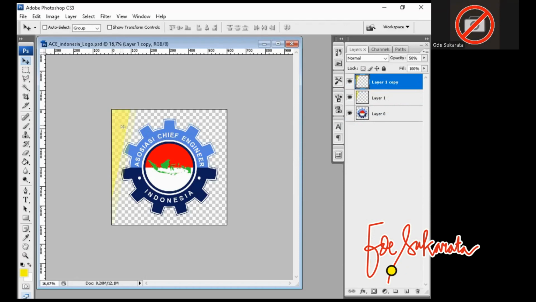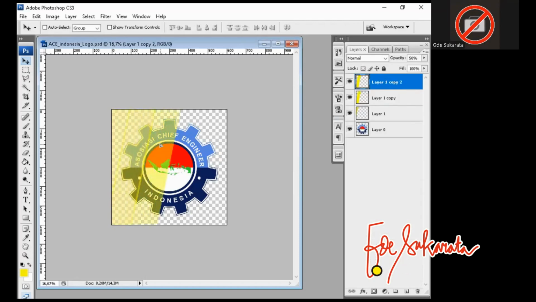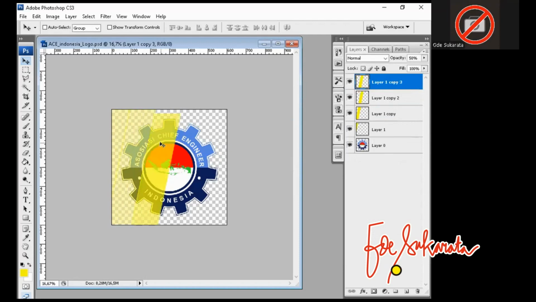Okay, I want to check here. Okay, duplicate again here. Okay, duplicate again. Okay, wait a minute, I want to check it. Move like this.